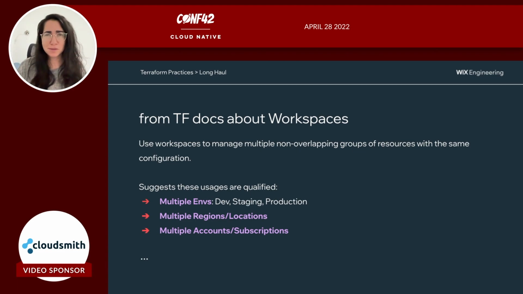From the Terraform official documentation, it says to use workspaces to manage multiple non-overlapping groups of resources with the same configuration. So it suggests that these usages are qualified, right? Multiple environments, dev, staging, stuff like that, multiple regions, like I showed in the previous example, or multiple accounts or subscriptions. Okay, cool.